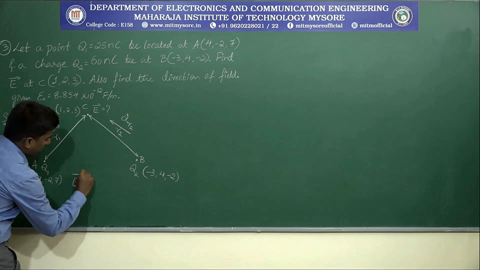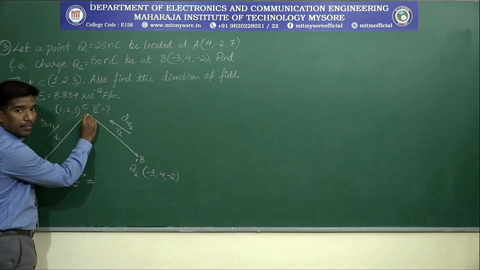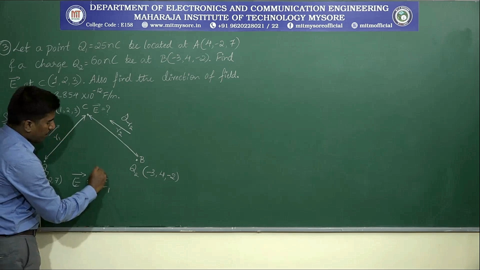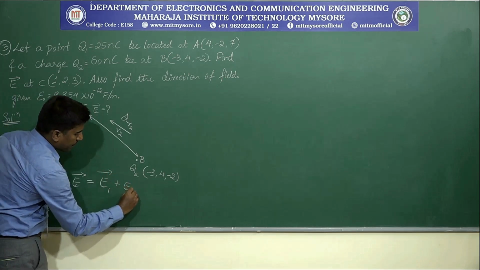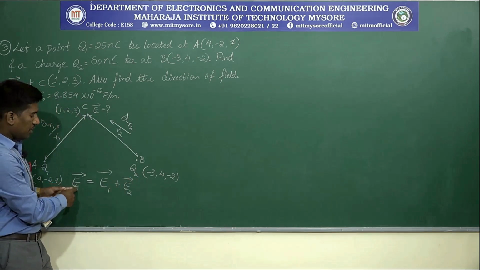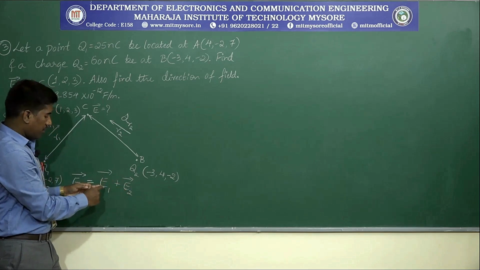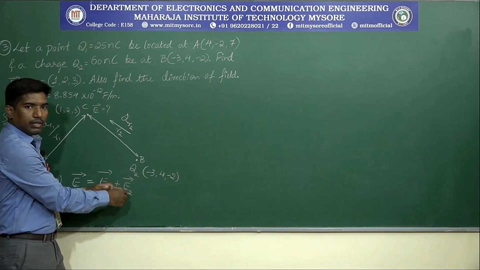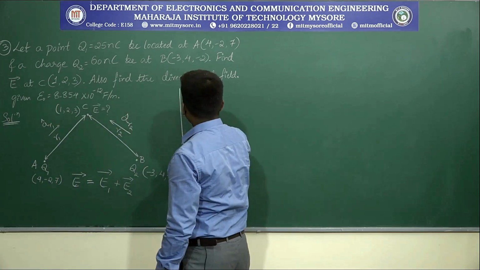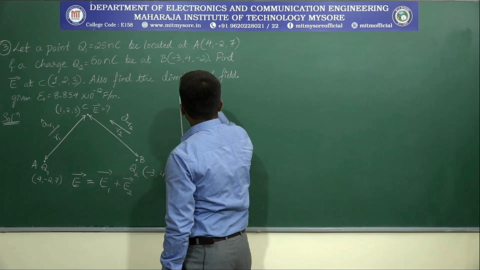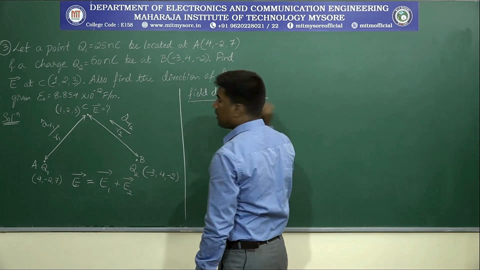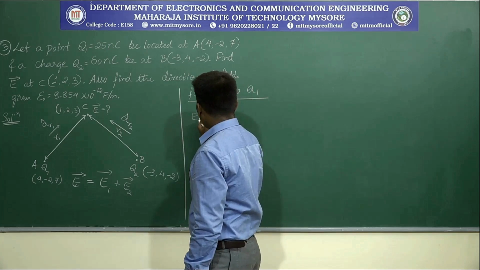Therefore the total electric field intensity E at point C is equal to the electric field intensity contributed from charge Q1 plus the electric field intensity contributed from charge Q2, that is E2. Therefore total electric field intensity E is equal to E1 plus E2. We need to find E1 separately and E2 separately, and we need to sum them. Okay, so let us go one by one. So the electric field due to Q1. What is the equation? Field due to Q1, that is E1, is equal to